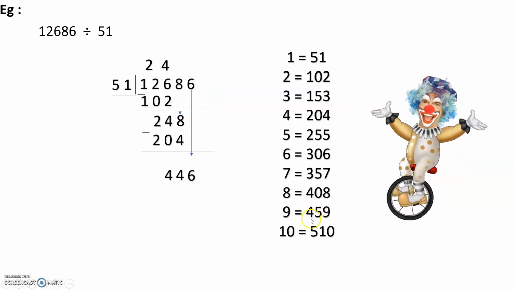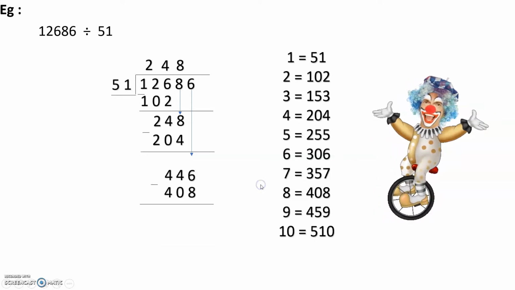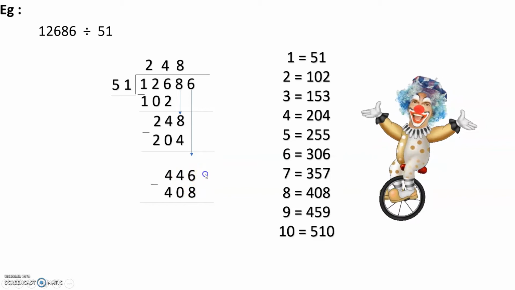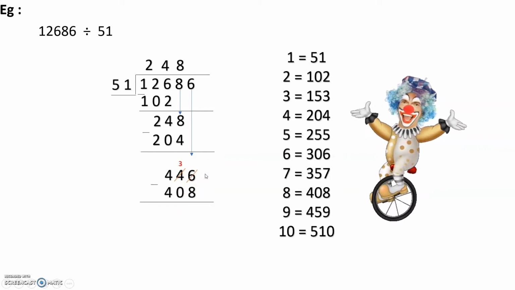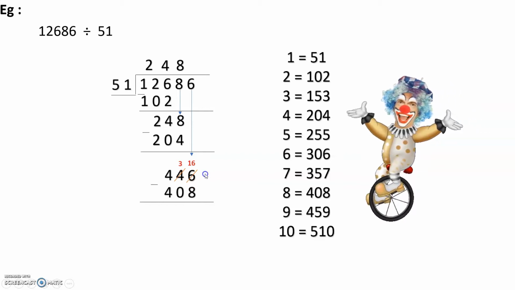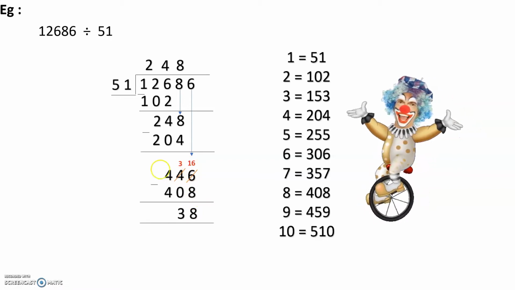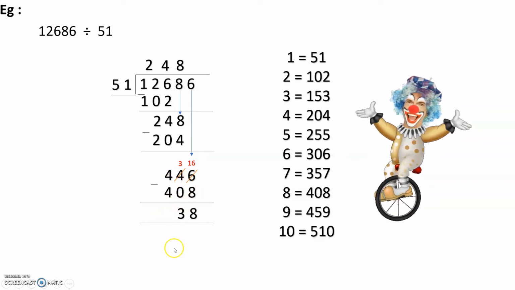446. Now we cannot take this number because it is bigger. We'll take 8 za 408. We'll minus this number. Now since 8 is bigger than 6, we'll carry from 4. So when we carry 1, 4 becomes 3. And this 6 becomes 16. So 16 minus 8 is 8. 3 minus 0 is 3. If you write here 0, 4 minus 4, 0 will do, otherwise leave it.